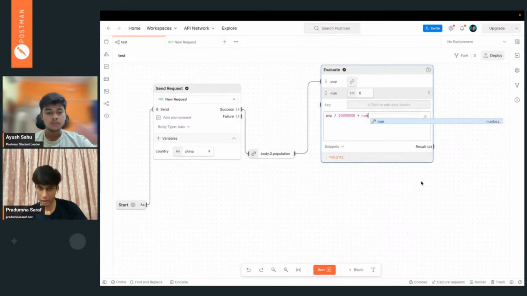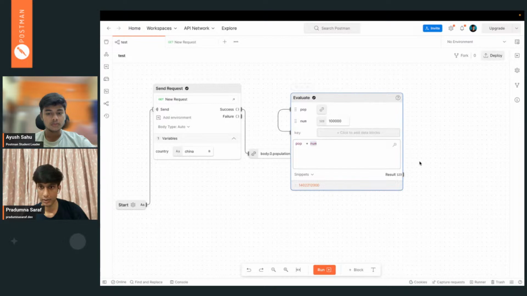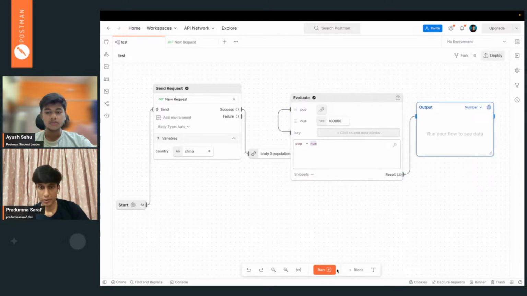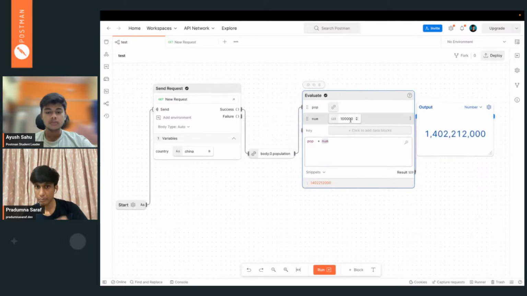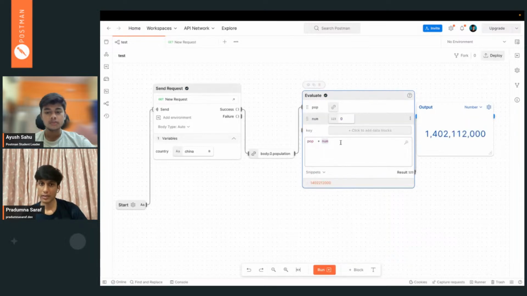Okay, this uses the BODMAS rule, that's why it will add up in that. But for a different visualization, we will just reduce that thing, and we will use something more which we can add, just to show you how the data gets changed. Just let me show you. You can see the output. So this is the population of China plus this thing. For example, if we put 0, the data will change. So this is the evaluation block.